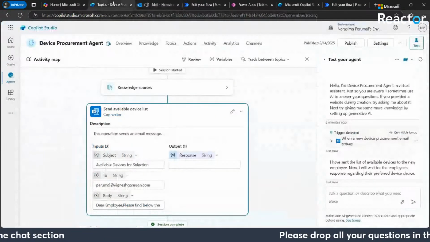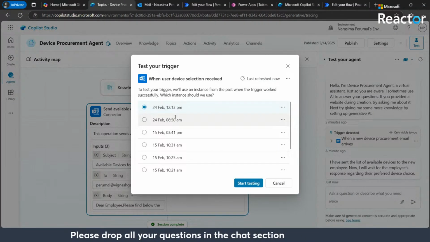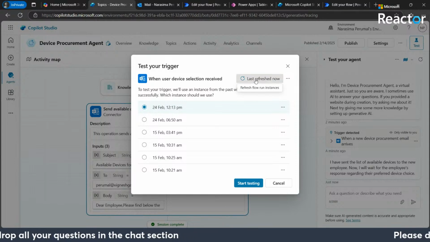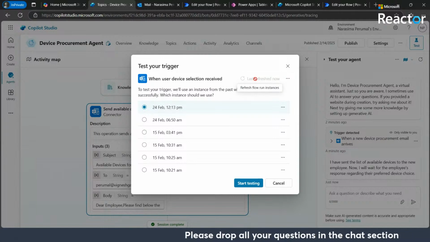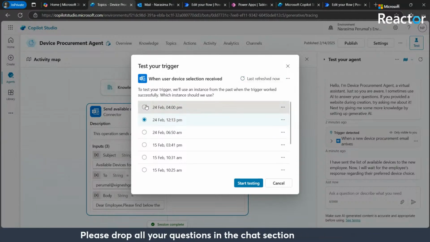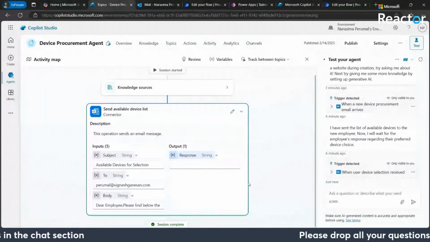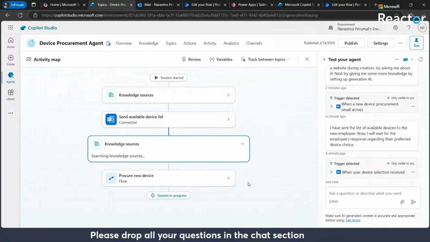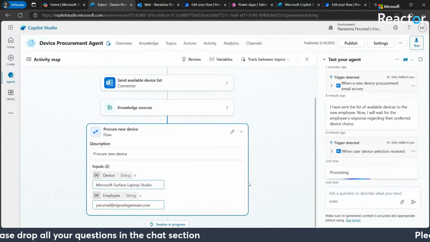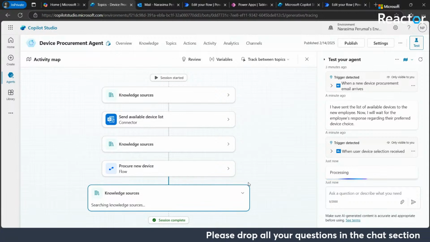Now I'm going to trigger my next trigger, when the device selection has been received from the new employee. So let me refresh the triggers. Yeah. Now what happens is that it is going to again search our knowledge base, that is a public website from Microsoft where all the device configurations are available. It is going to search that knowledge base, and then it will run our Power Automate flow,